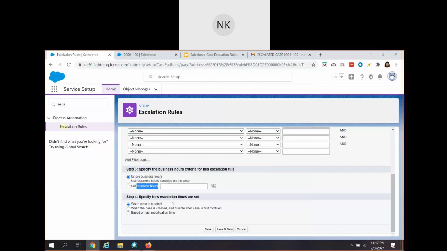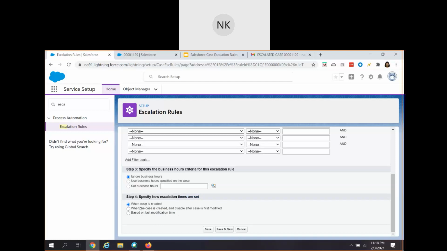Now let's talk about specify how escalation times are set. So escalation time, that is, as soon as a case is created, you want the escalation clock to start, or you want the escalation rule to start when a case is created and disable after the case is first modified, and based upon the last modification time. So you can choose any one of the criteria which is defined.